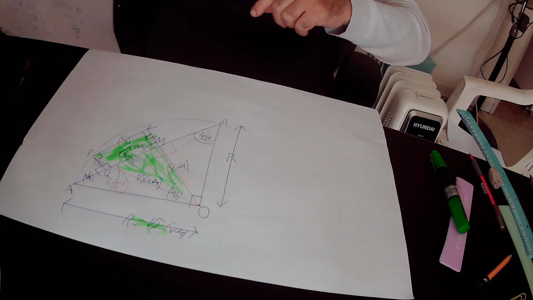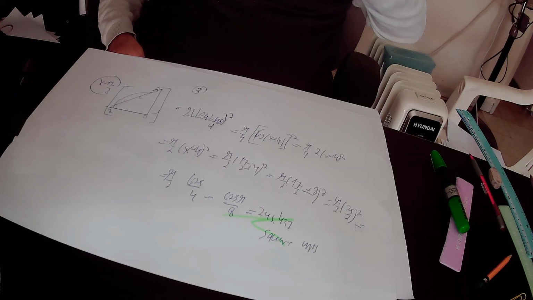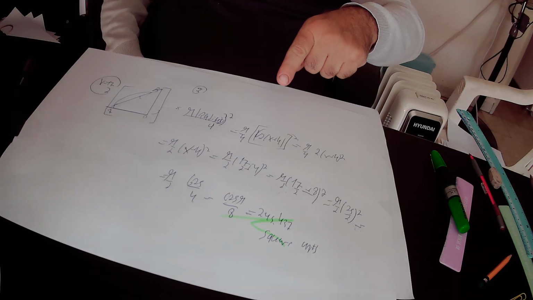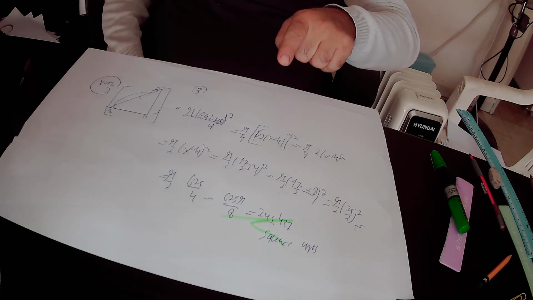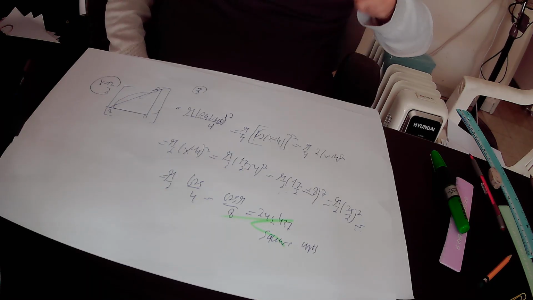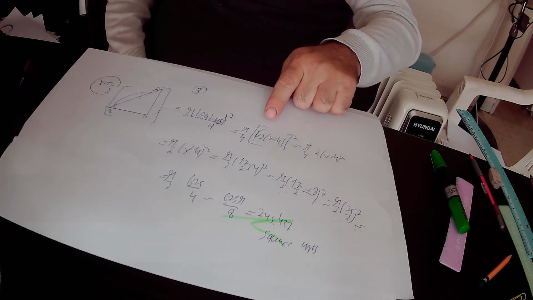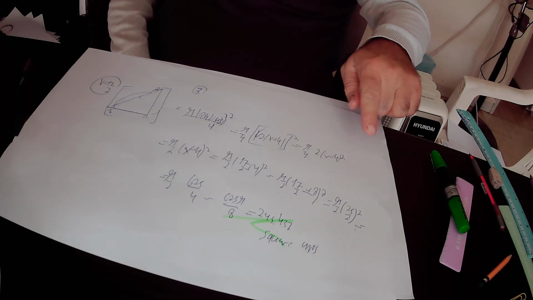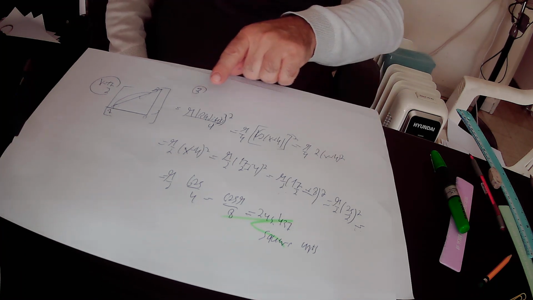Our task is to find the area of this quarter-circle AOB. The area of the quarter-circle AOB equals pi times the radius of the circle squared over 4. So it is pi over 4 times the radius squared. The radius of the quarter-circle is the square root of 2 times (x plus 4), and the radius squared is the square root of 2 times (x plus 4), squared. This is actually the square root of 2 squared, that is 2, times (x plus 4) squared. 2 over 4 is 1 half, so in total this expression equals